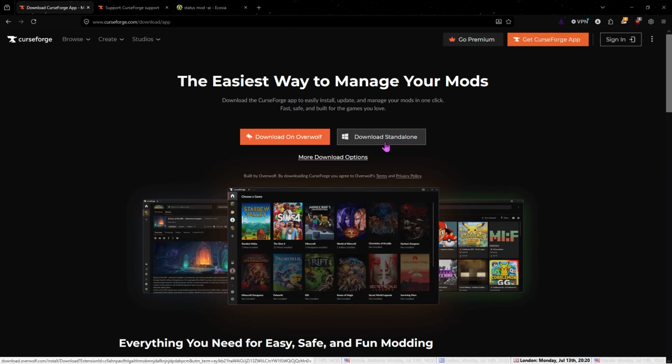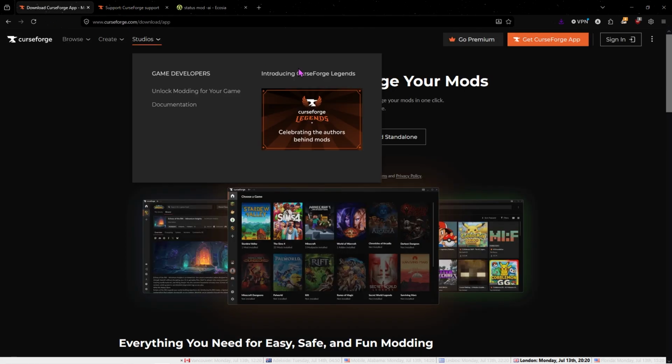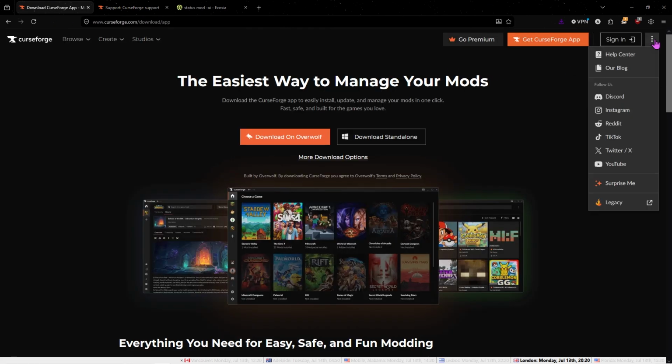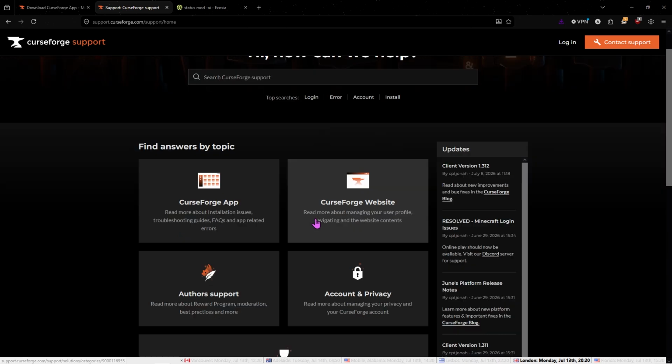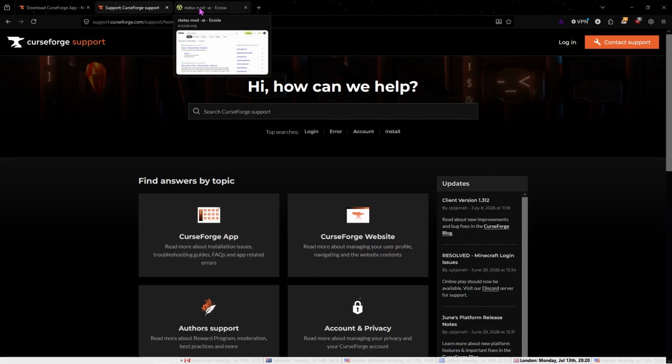I'm actually not going to go too much into details here. Obviously just pick what's best for you, probably the download standalone version. And if you do need any further support with that, they do have instruction manuals on their support page, which you can simply find up here, top right, click on the little dots and go to the very top option, which is Help Center. And then you can see here they have help with installation and all sorts. I'd say just follow these to get that set up, and I'm going to focus on helping you with the